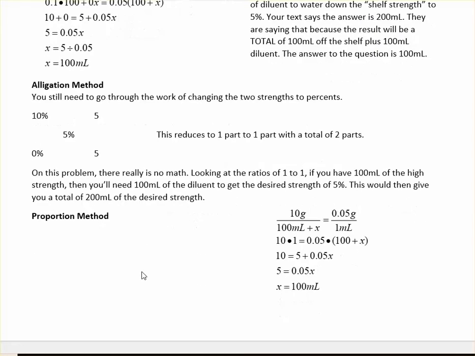The third method, which you probably would not think to go for, is to set up a ratio. Here's what I started with off the shelf in grams, and this is the one that I had to change to grams. What I did was, I said let X be what you're adding, the diluent, to what is on the shelf. I'm adding something to this 100 milliliters. I still have 10 grams of the hot stuff in there. But adding X to it is watering this down to the desired level, 0.05 grams per 1 milliliter. I do cross multiplication, and the math is basically the same as what you saw up here. I still get an answer of